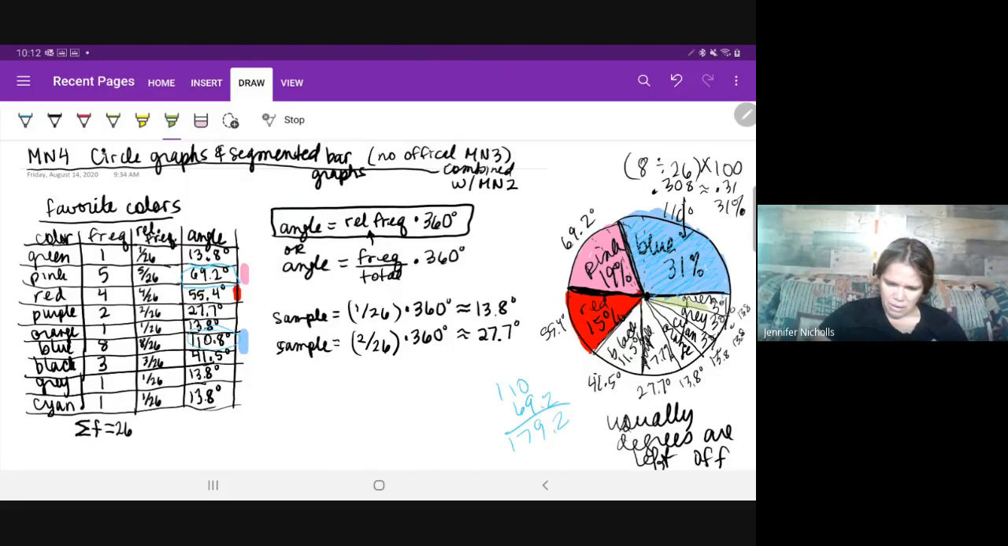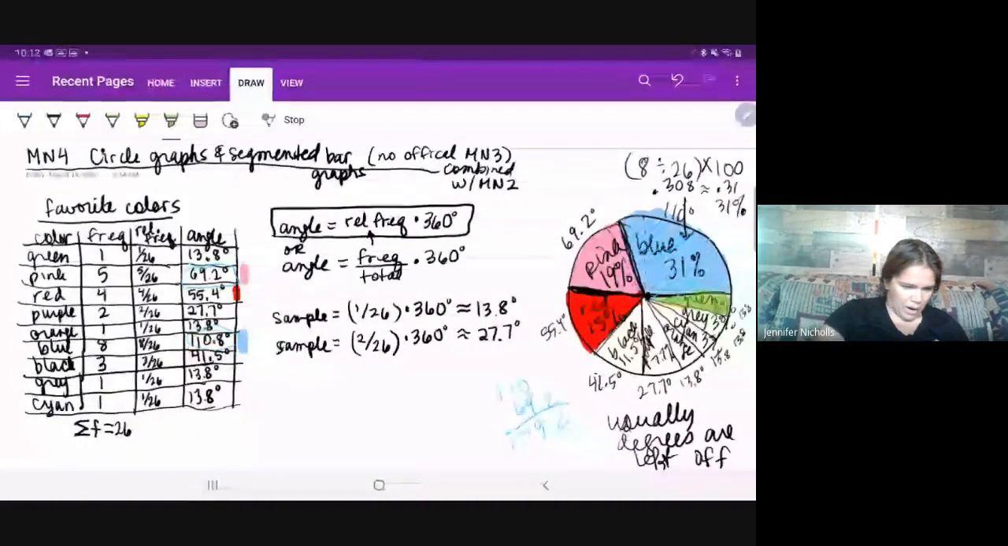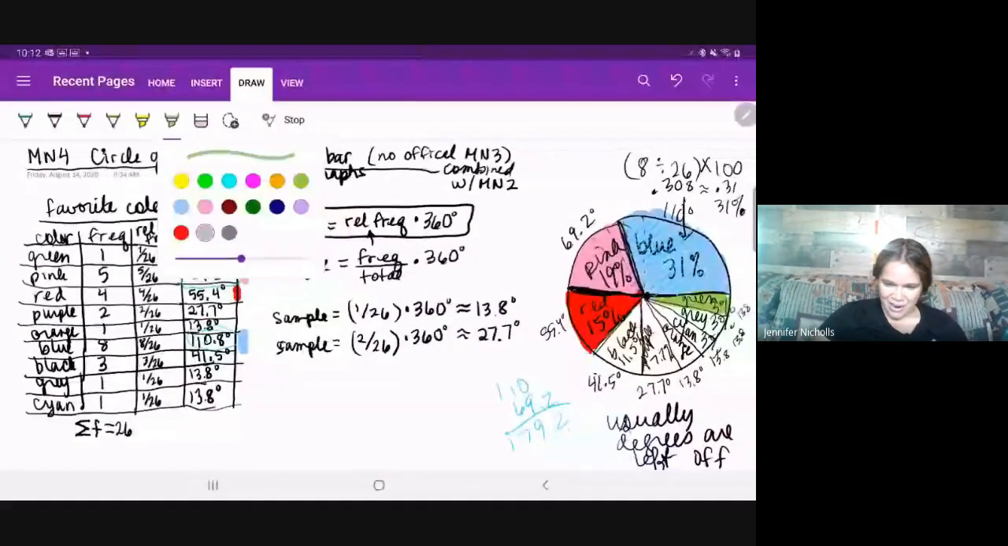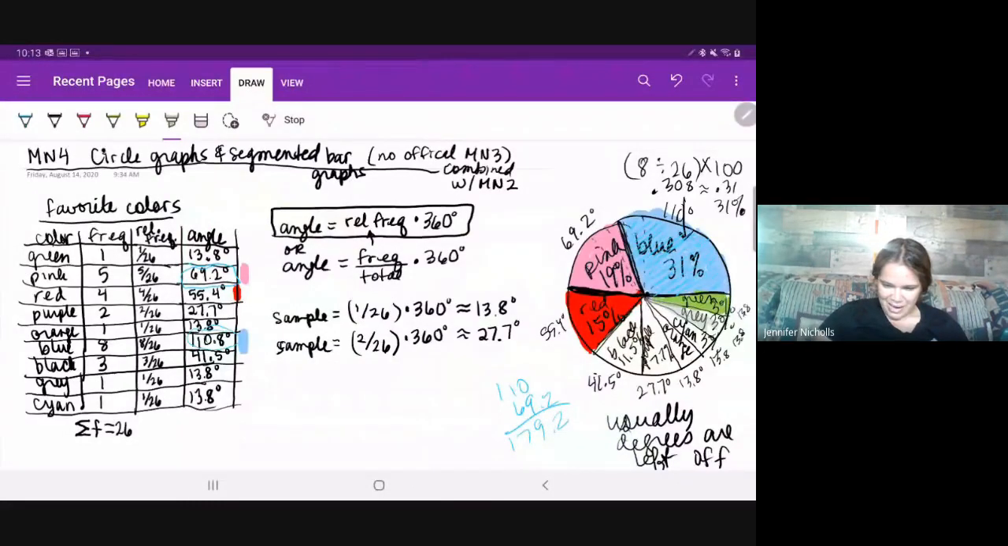Green, gray. Okay, I know you guys don't have all these colors with you right now, though. Okay, green, gray, cyan,